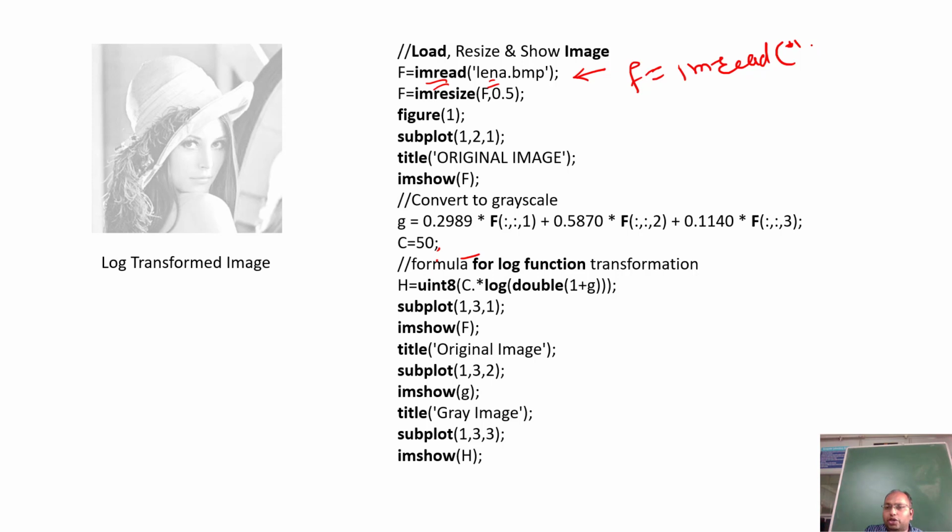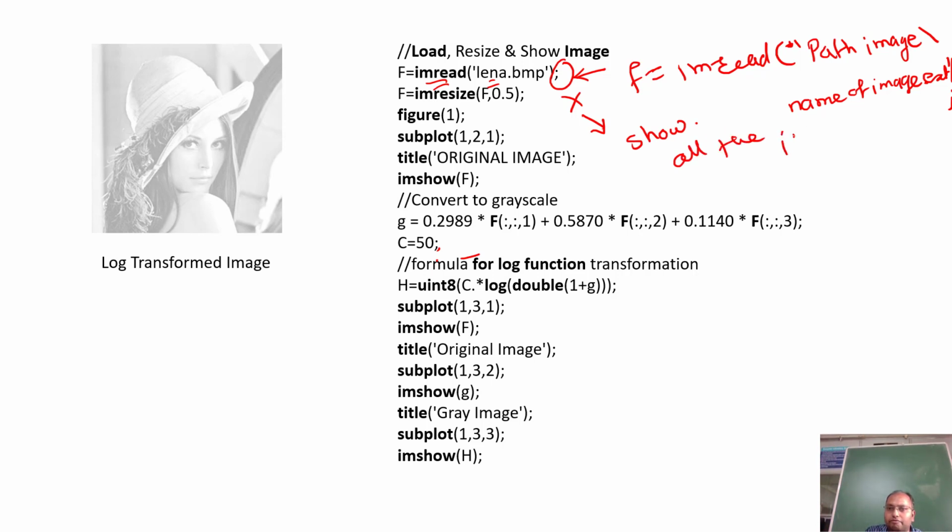You have to provide the path of the image, slash, then the name of the image with extension, in single inverted commas, then close the bracket and put a semicolon. If the semicolon is not there, then it will show all the pixel values.